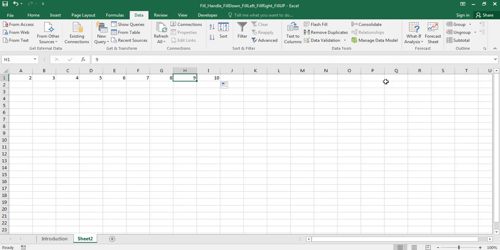Next I am selecting 9 and 10. Thereafter by using the handle I am dragging towards the right. In this way we can fill the cells by using the FillLeft, FillRight, FillDown and FillUp methods